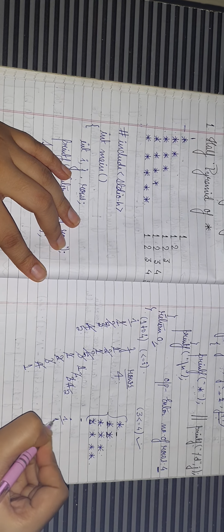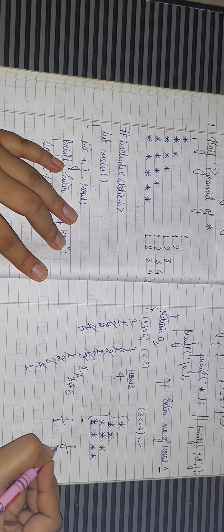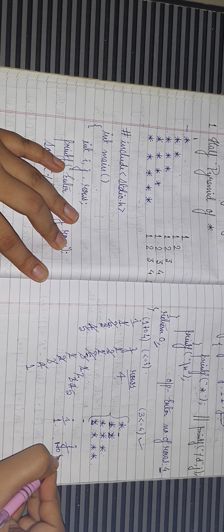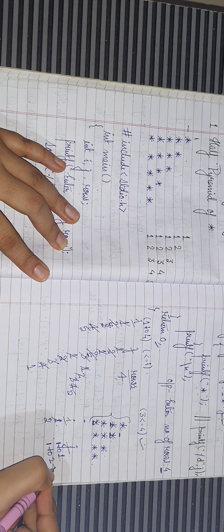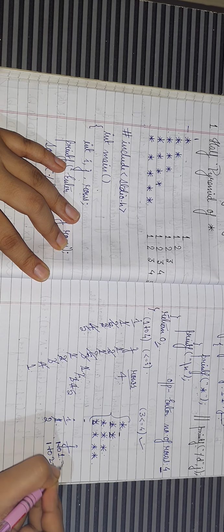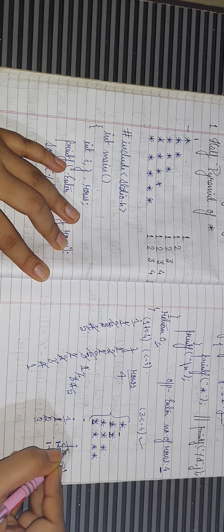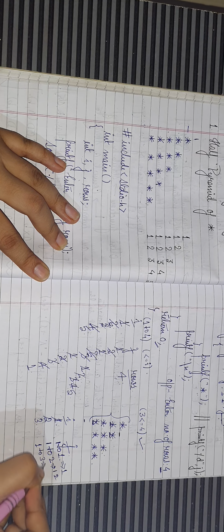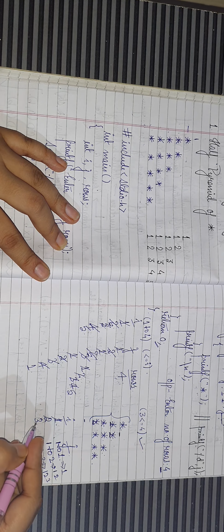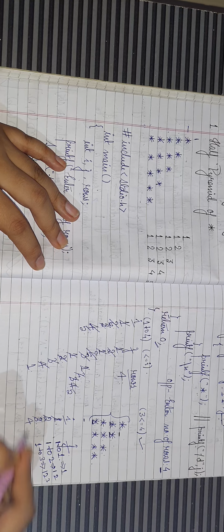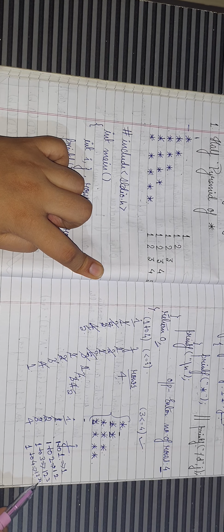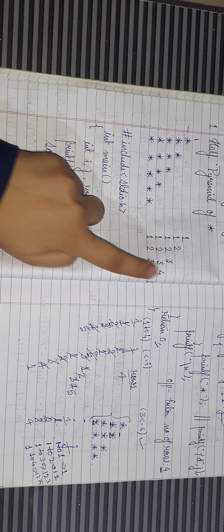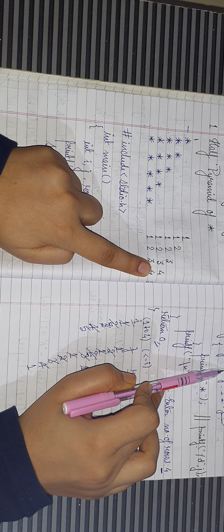For each value of i, j is going from 1 to the i value, that is 1. For i value 2, j is again going from 1 to 2, so it will print 1 and 2 here, and here it will print the 1. Again for i value 3, j is going from 1 to 3, that is 1, 2 and 3. Again for i value 4, j is going from 1 to 4, which means 1 2 3 4. We want the pattern 1 2 3 4, which means every time we want a different variable, that's why we are printing the j value, okay.